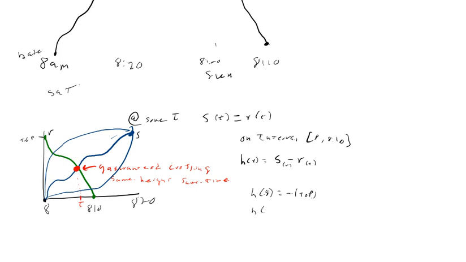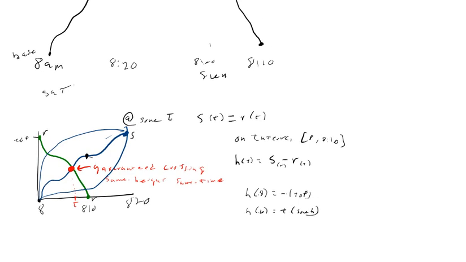We don't know what, because at 8:10 we know that the r equation is 0 and the s equation is more than 0. We've gone up some amount. So we switch from negative to positive. So h changes sign at the bottom. So because h changes sign, there is a t